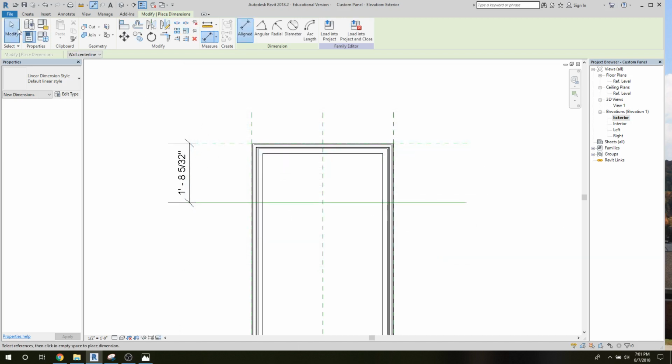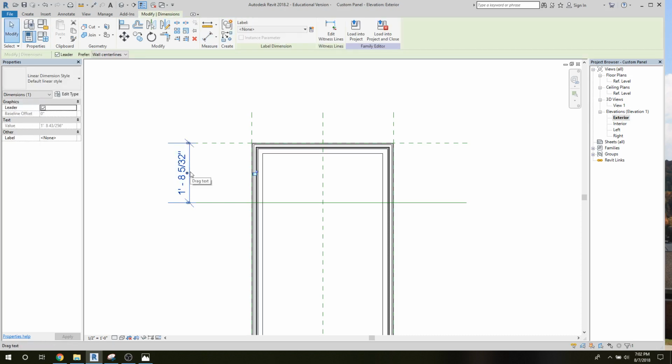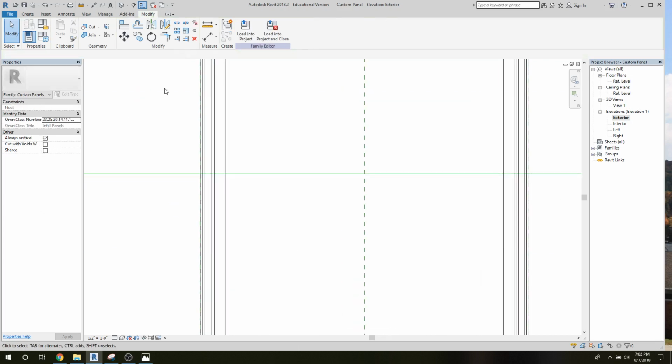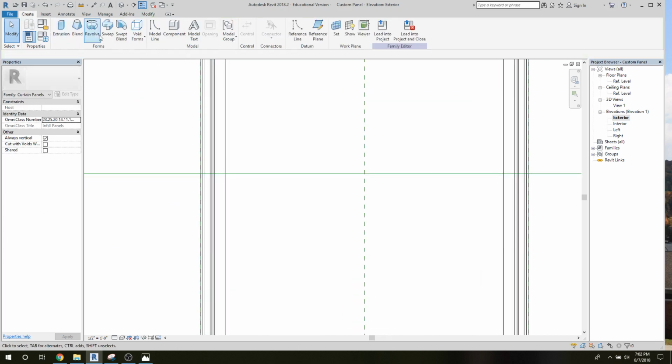And then what we've got to do now is assign that to this parameter, or to this dimension. So I'm going to go ahead and use the drop down and give it the spandrel depth, and that snaps to 2 feet. Now I can use that for extruding our spandrel across the bottom here. So we're going to make 2 sweeps. I'm going to create a new sweep,